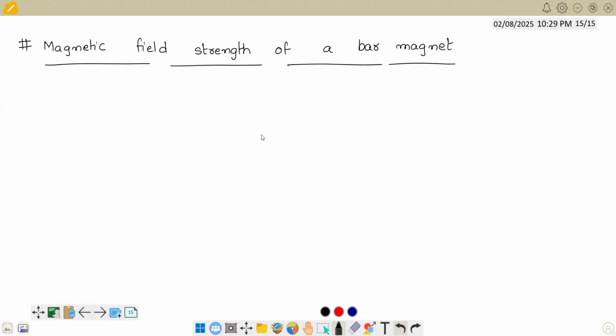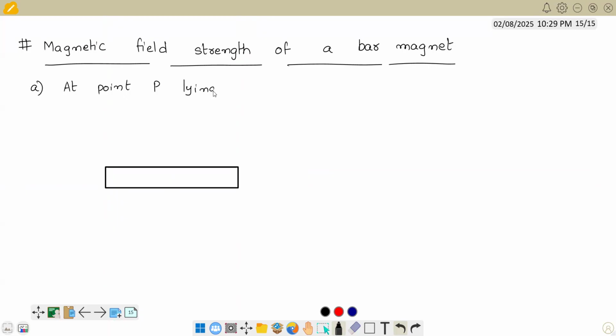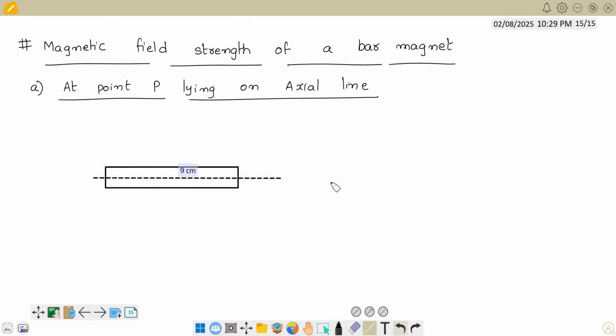We'll go for the next one. The next concept is the magnetic field strength of a bar magnet. So consider a bar magnet, and in the first case, let us consider a point P lying on the axial line. So this line is basically the axial line. Imagine we have the north pole here and the south pole here, and the distance between the poles